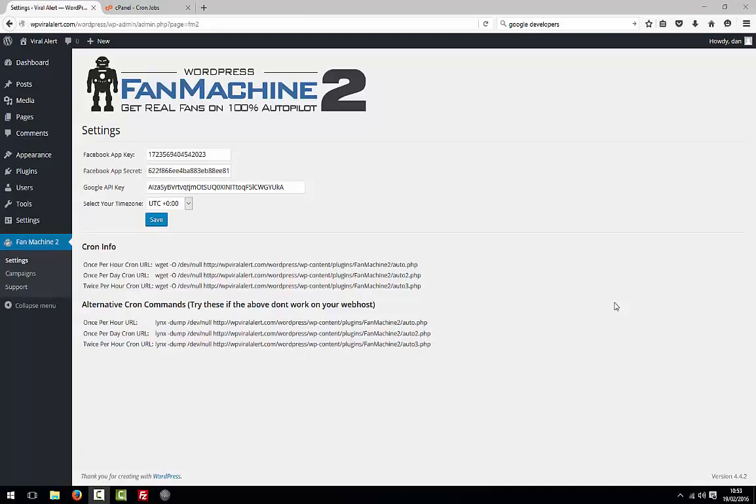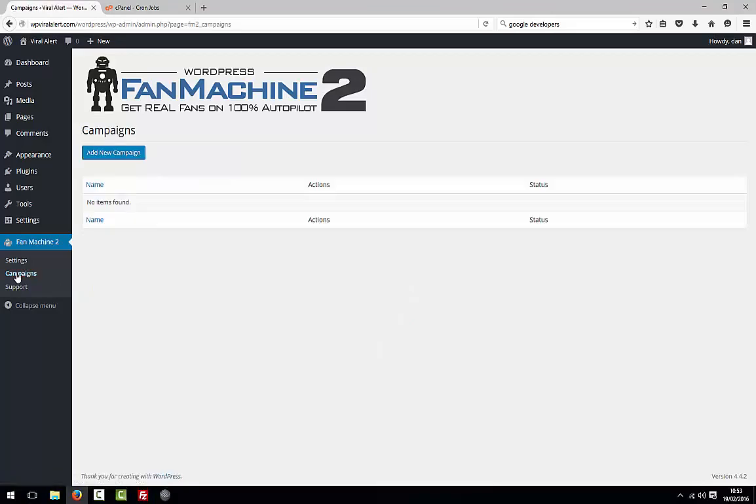Now that all our settings are in place, we can set up a campaign. To do this, go to the campaigns menu option here, and then click the add new campaign button. With the basic version, you can do 3 campaigns at the same time, and with the pro version, you can do unlimited. So we'll click a new campaign,